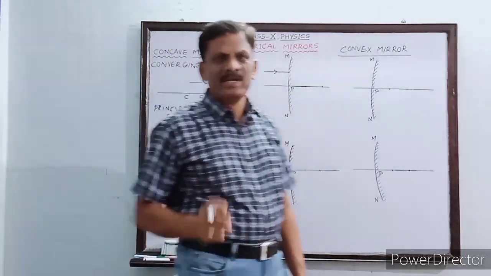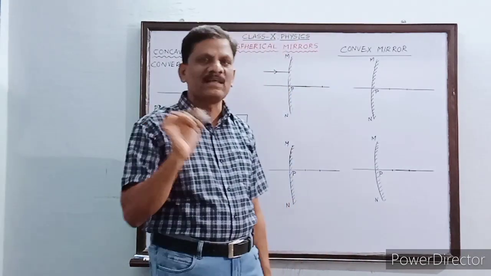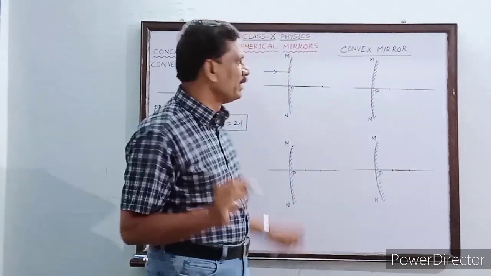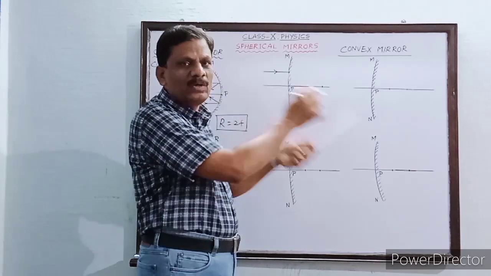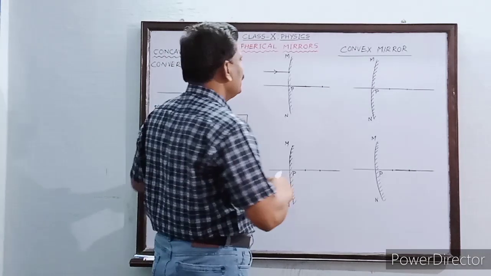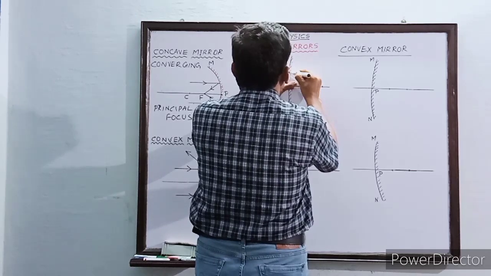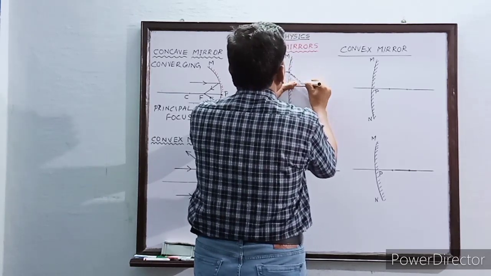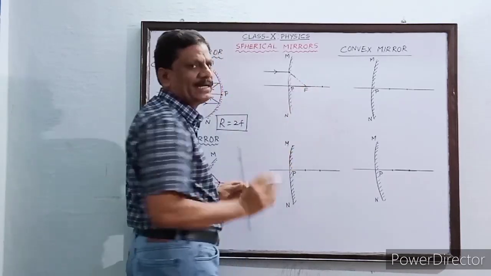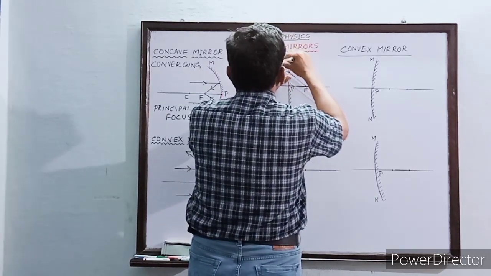And very important, whenever you draw any ray, be it incident ray or reflected ray, immediately you have to mention the direction of propagation of light. The arrow mark indicates the direction of light. It is from left to right side. And when it is falling on the reflecting surface, it is reflected and appears to come from the principal focus. So you have to use dotted lines only. On the right side, this is the principal focus and you have to draw a dotted line only. And you produce this line outwards on the other side.